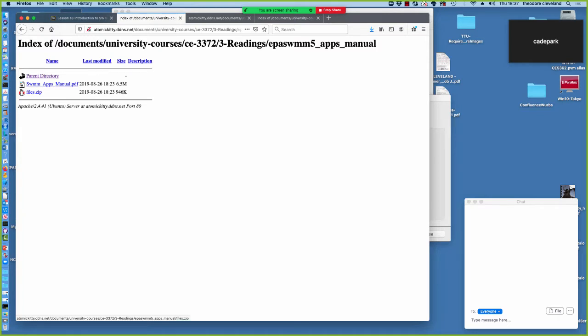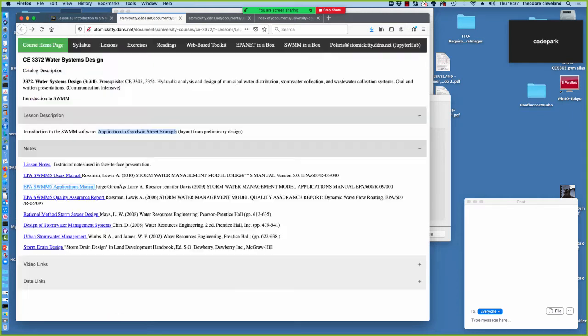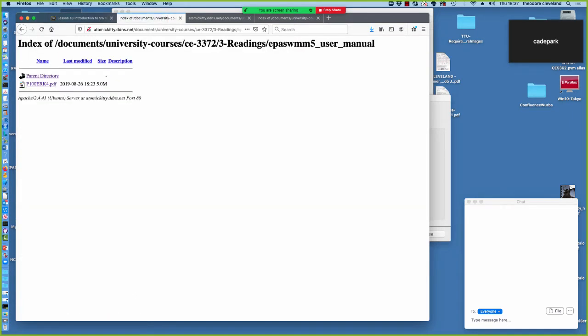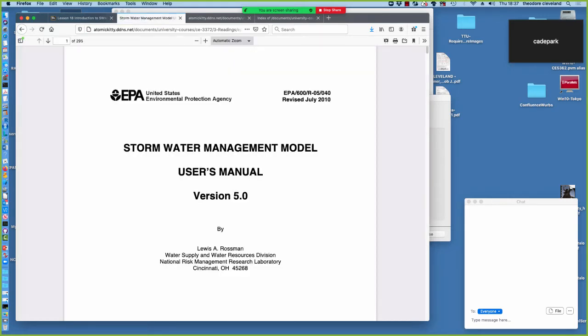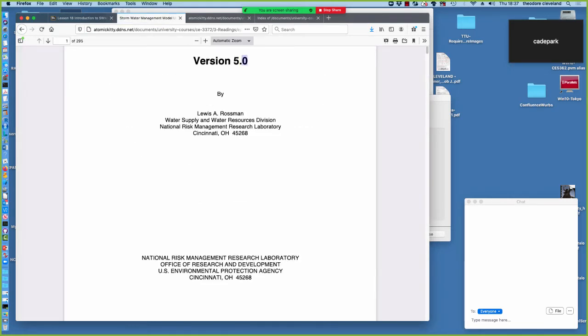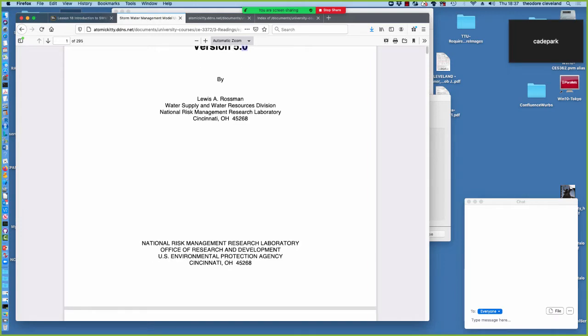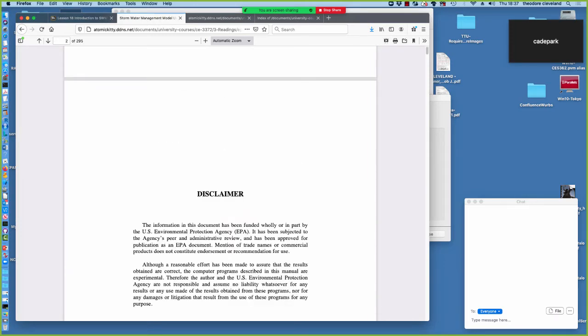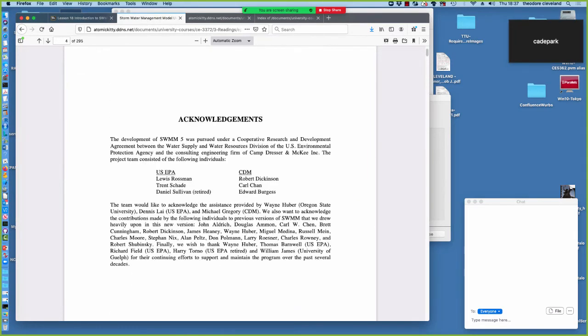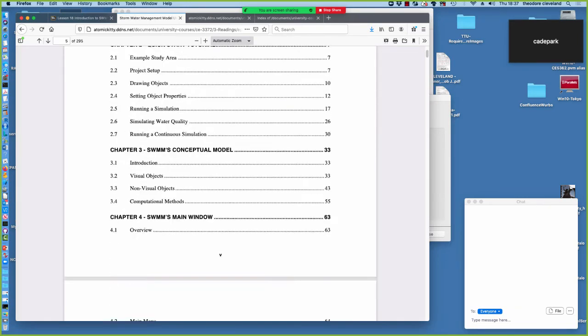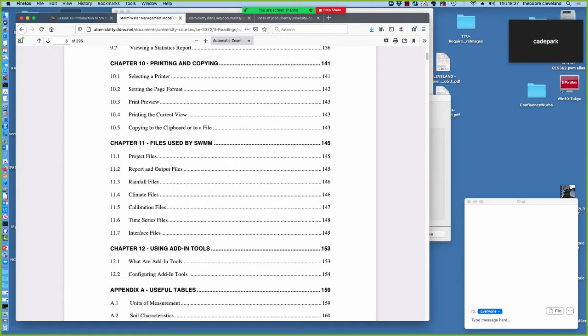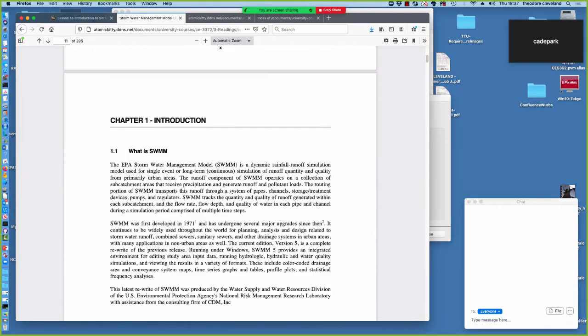I think this zip file, judging by the date and time, because of its size, is probably not the self-extracting archive. The user manual itself is right here, and we're well past version 5. I think we're at 5.2.2 or 5.2.3. And as we're going through this, I just want to call your attention to the first part of the user manual,